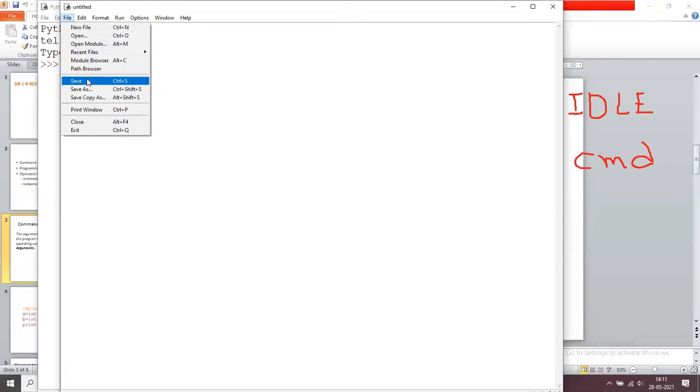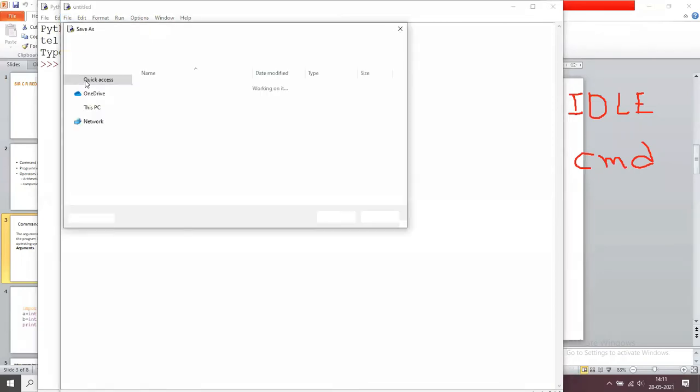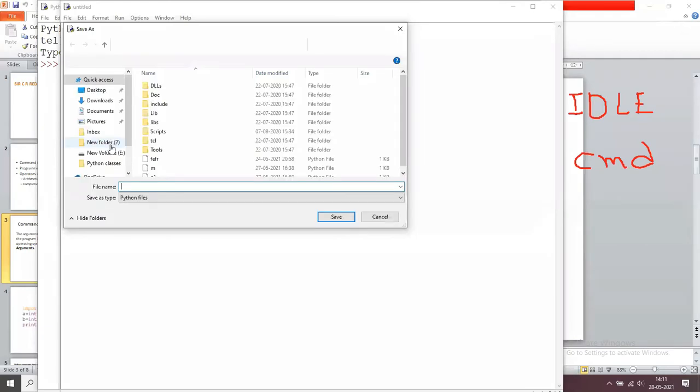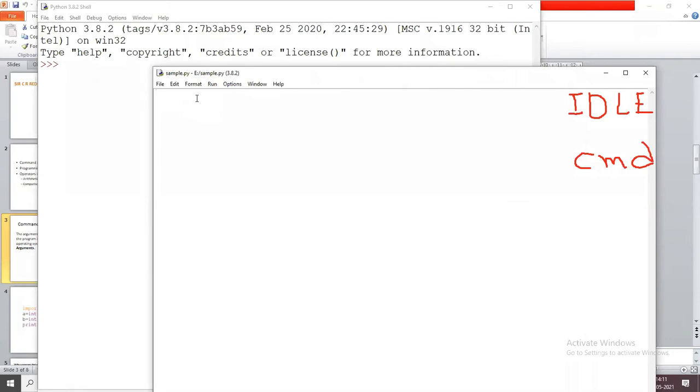I save this file in E drive, and the file name is sample. In this, I am writing the program: a equals int of input, b equals int of input, print a plus b. That's it. Okay, we can execute.